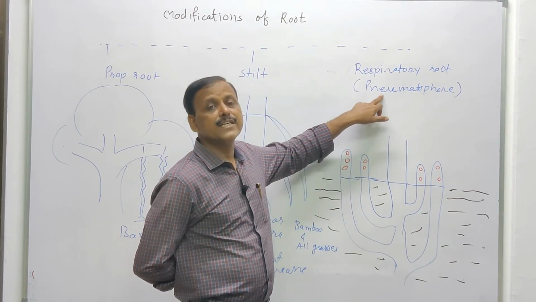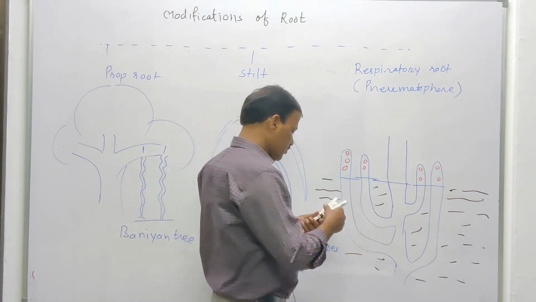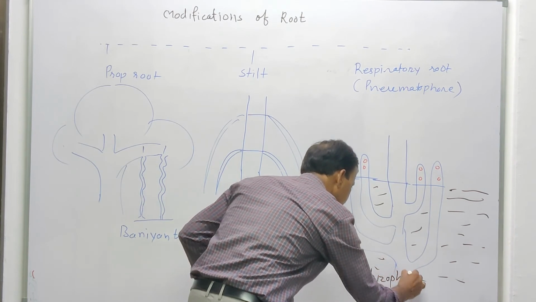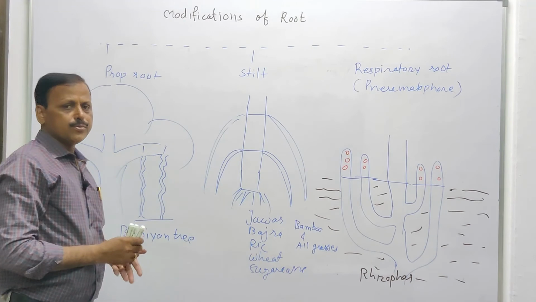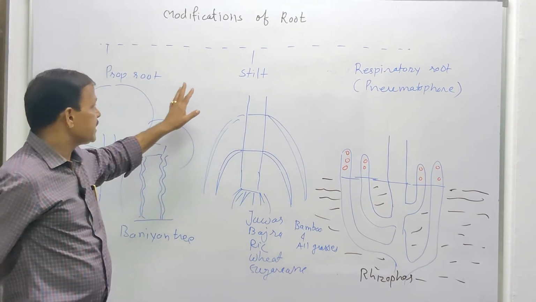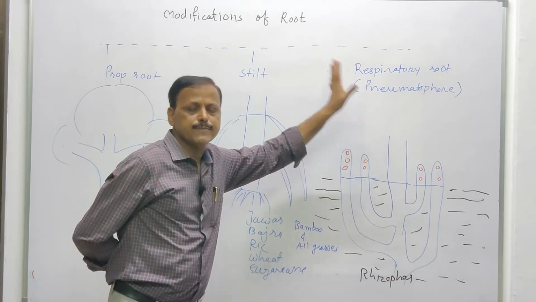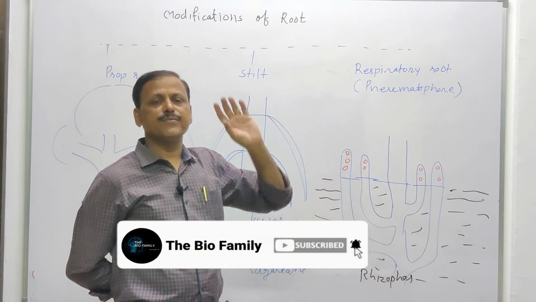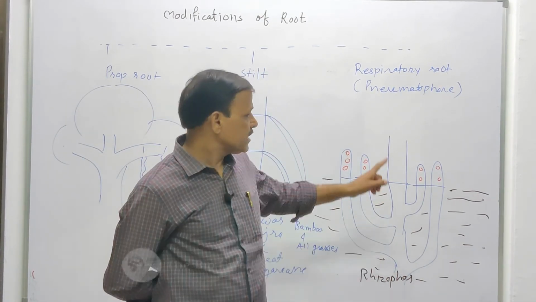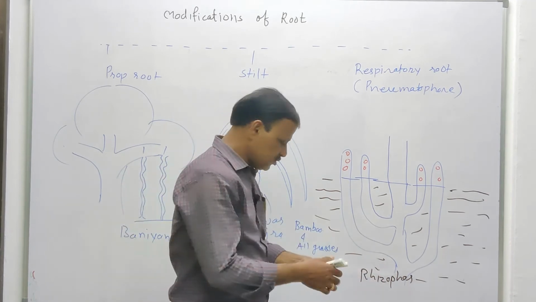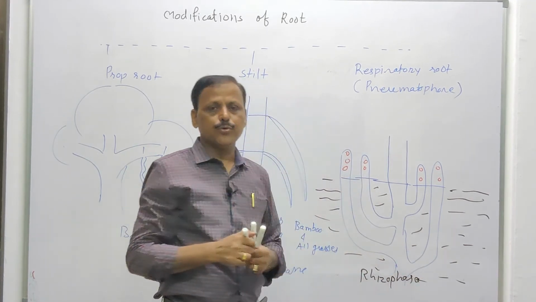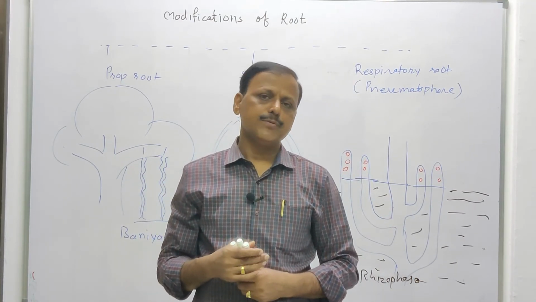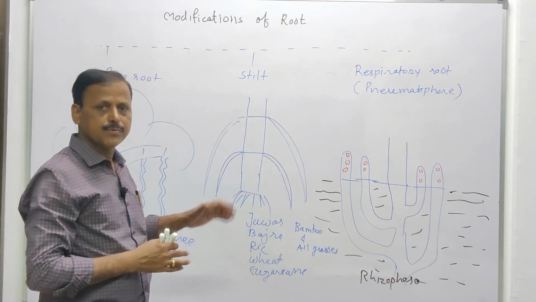These roots are also known as pneumatophores. Example, Rhizophora. So it is very clear to you now that there are three modifications mentioned in the textbook: prop root, stilt root, and respiratory root. Prop root and stilt root are modified for support, and respiratory root is modified for breathing. They are also known as pneumatophores. Example, Rhizophora. I hope this short video gave you clear and complete information about modifications of root mentioned in the textbook,